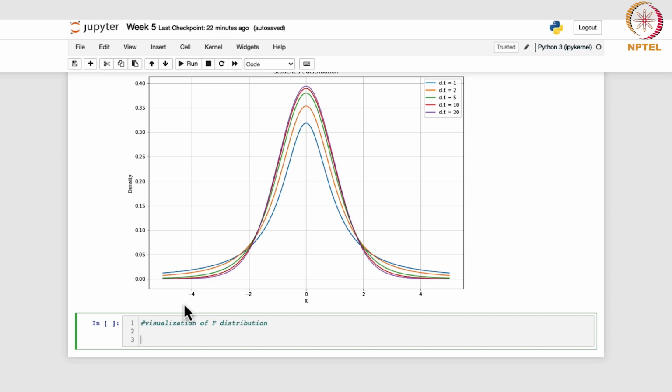So for this also, already we have numpy and matplotlib, so we will import from scipy.stats, we will import your f function. So from scipy.stats import f. Okay,